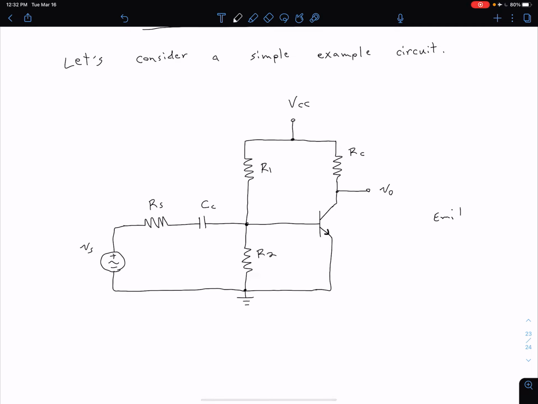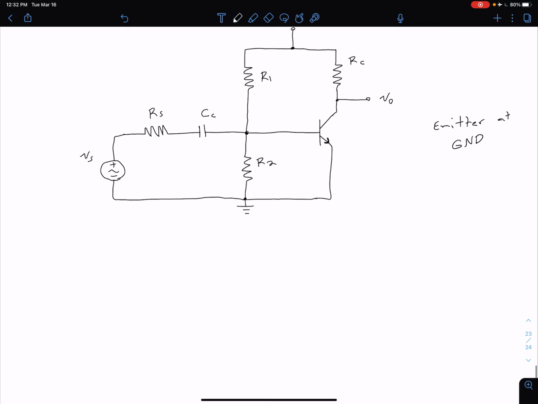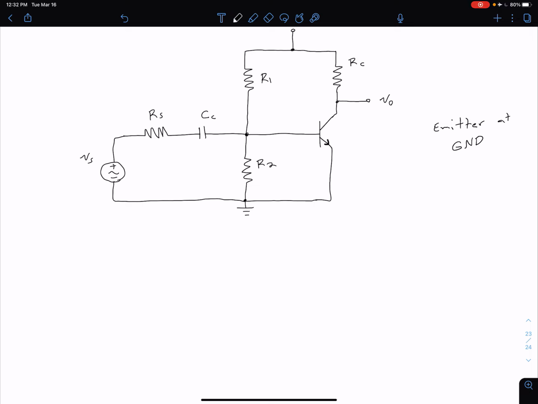So because this emitter is connected to our ground, that's where we get the name common emitter. We also have this small signal input V of S over here, which is connected to the rest of our circuit via this coupling capacitor CC. And so before we take a look at the small signal equivalent circuit, I want to make a quick note about that coupling capacitor. So we've kind of already touched on this a little before, but our coupling capacitor, or